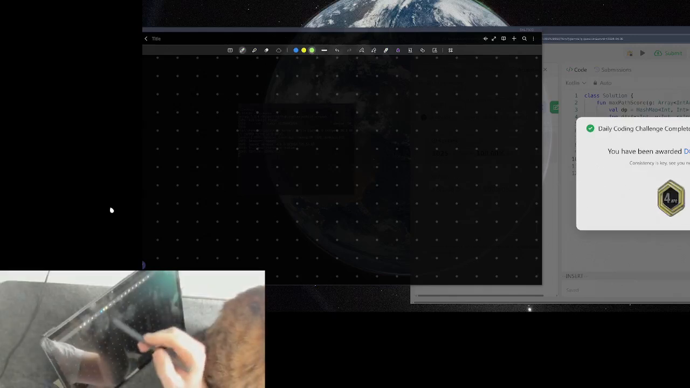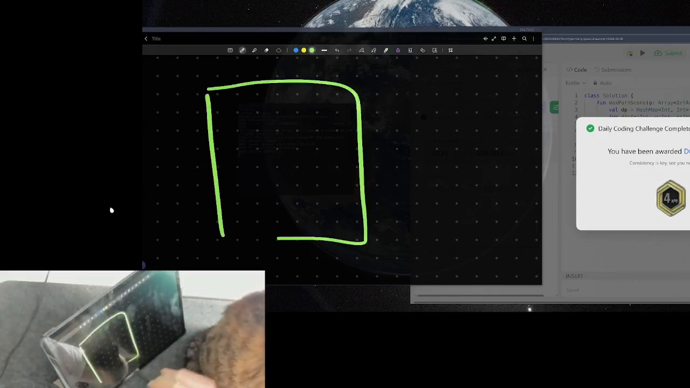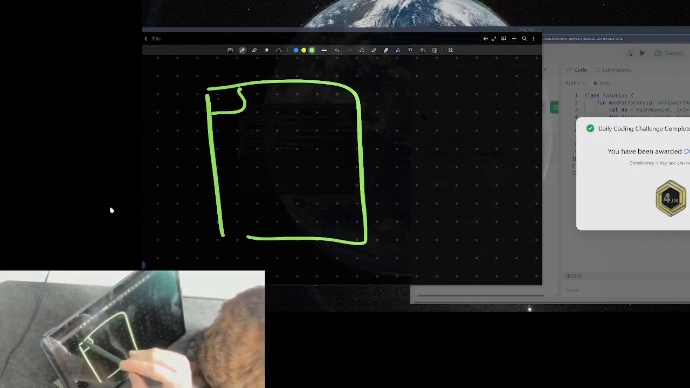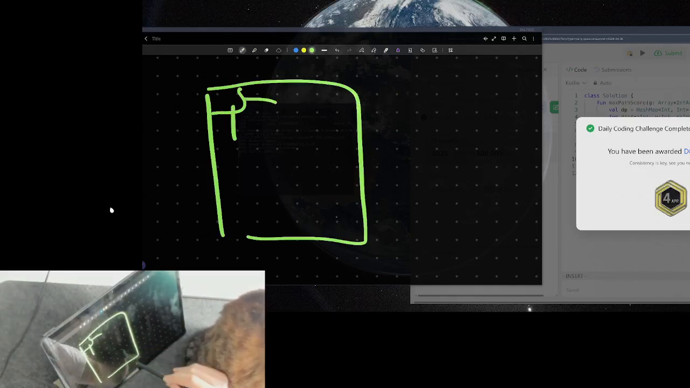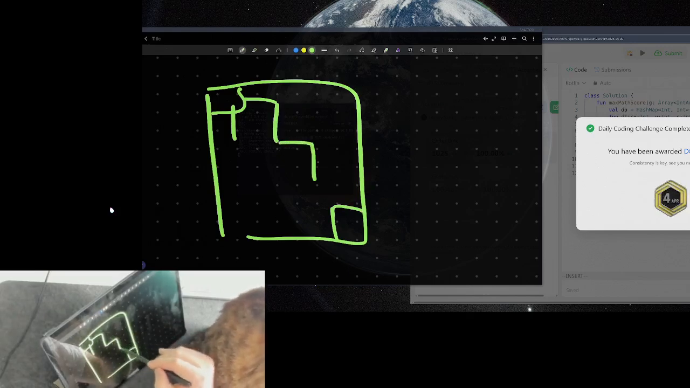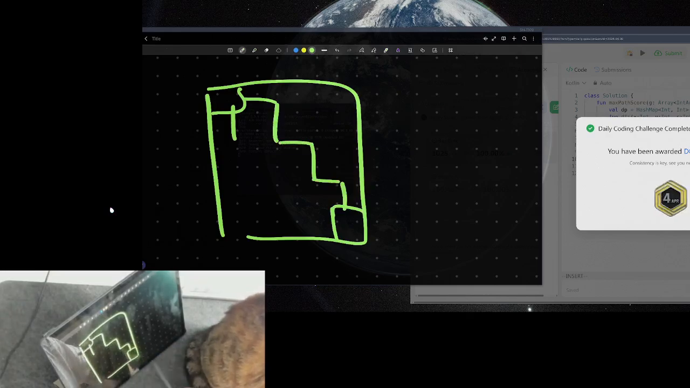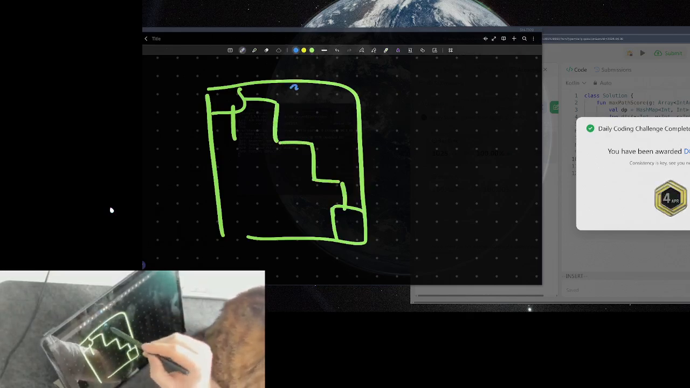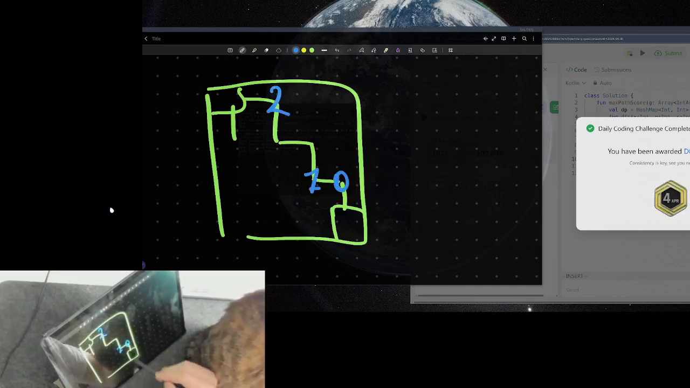There we have a medium problem. Given the grid, we are traveling from the top left to the bottom right. We can move to the right and down. Now each cell has some number, 1, 0 or 2, and